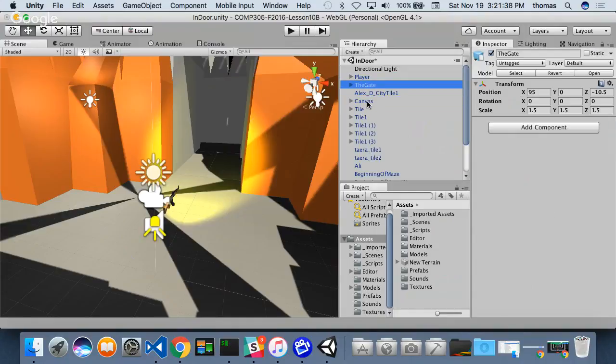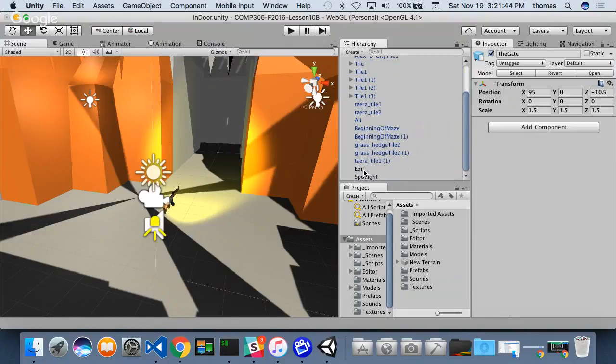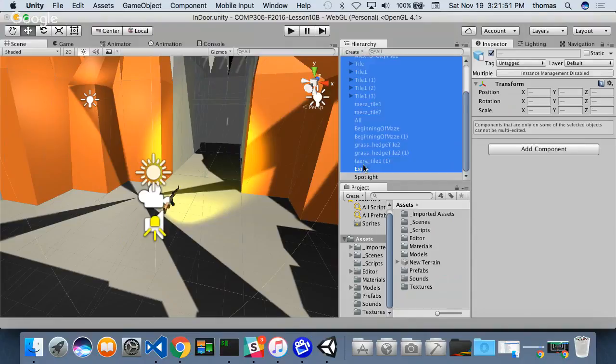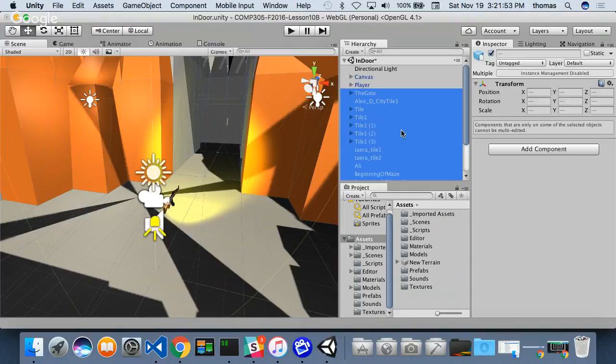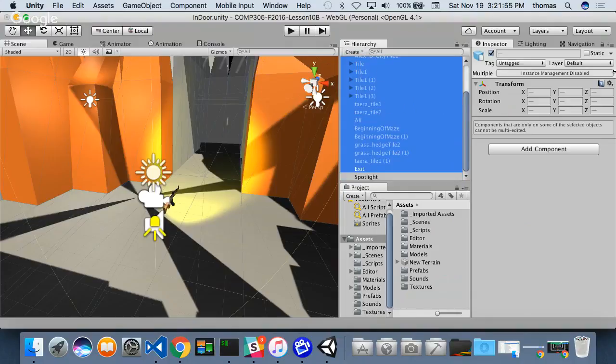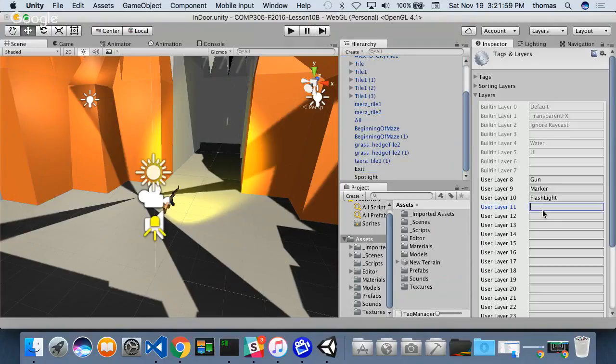And the gate, the canvas, we'll move that up above the player, because we don't care about that either. But the gate, and yeah, this is spotlight and the exit. We'll move all this down to, should it sign on spotlight? Sure, all this stuff. So all this stuff, right, we'll make it part of a new layer, which we'll call the maze layer,